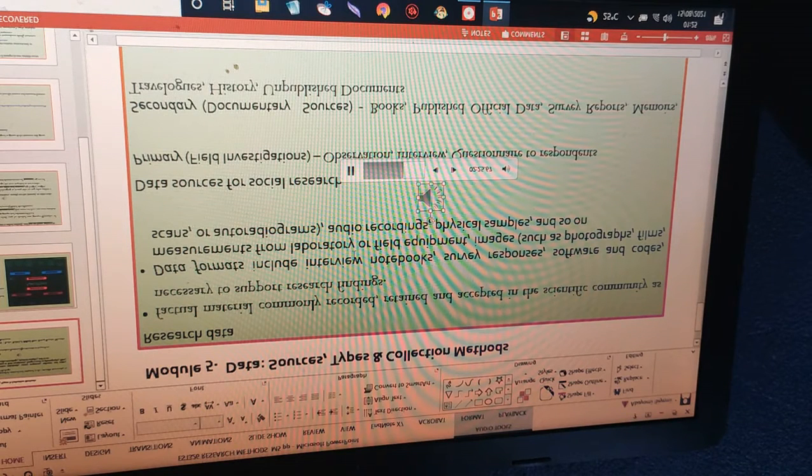Now, secondly, you can have secondary data, which you call documentary sources. So data can be from two sources, primary and secondary. The primary one you call field investigation. That's where you obtain primary information. The secondary information is obtained from documentary sources, and documentary sources include information obtained from books, which you have to